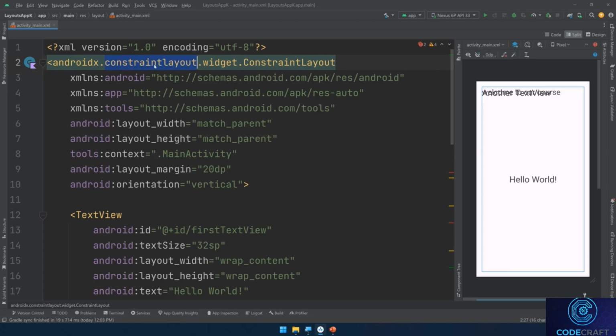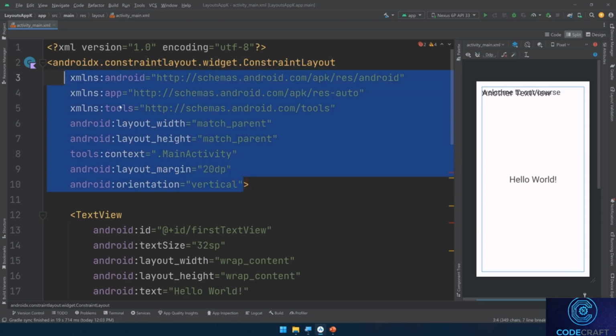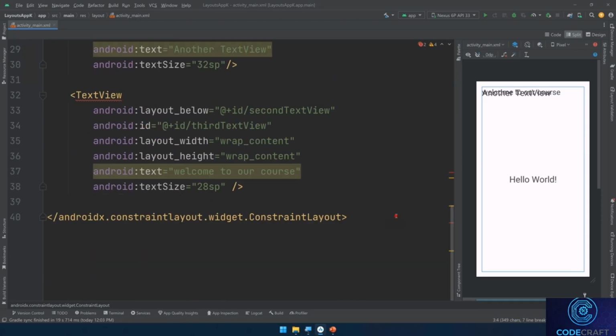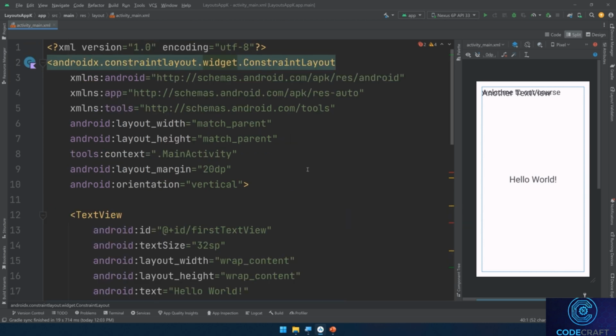Android x.constraintlayout.widget.ConstraintLayout. This is for the attributes of this constraint layout, and the closing tag for the constraint layout is here. A constraint layout is a versatile and powerful layout manager introduced in Android that allows you